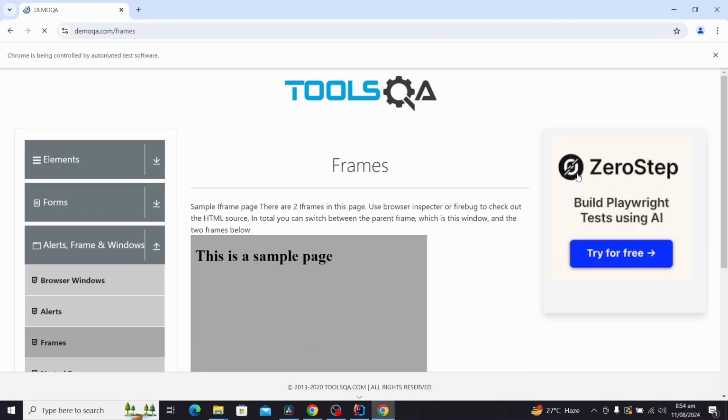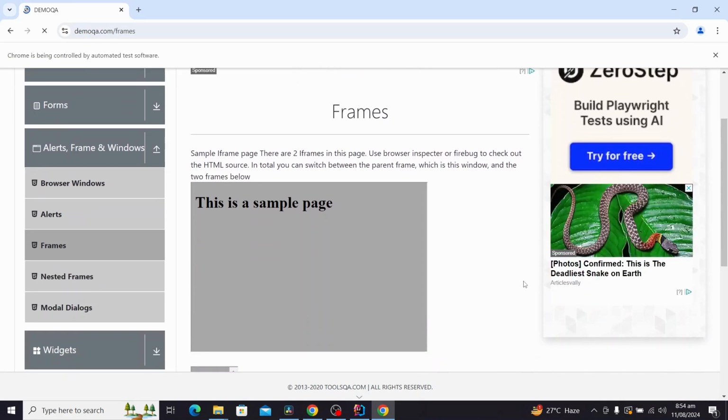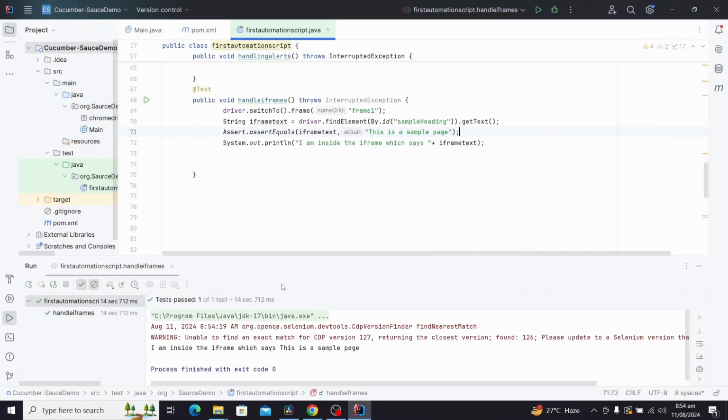So the browser opens, the URL gets hit. It's going to take a bit of time to load. Once it loads, it's going to go inside this iframe, and there we go. So you can see that I'm inside the iframe, which says this is a sample page, which was actually this text. Now if I change this text and say